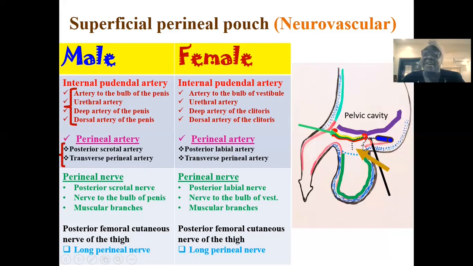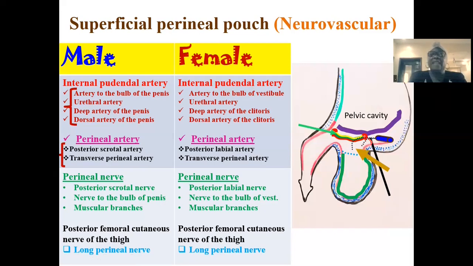Then you also have the perineal nerve taking this configuration. The perineal nerve is one of the branches of the pudendal nerve. So you see it also following the same trend and aligning with the perineal artery. And they also give up the posterior scrotal nerve, the nerve to the bulb of the penis, and also muscular branches. As they emerge, they're also located just within the superficial perineal pouch, considering the paths by